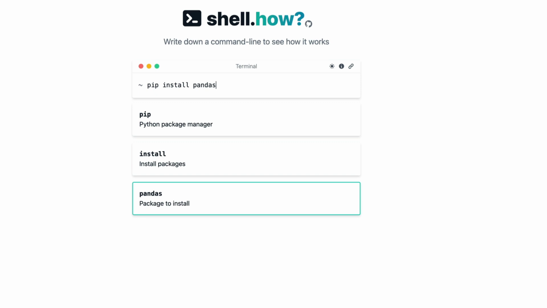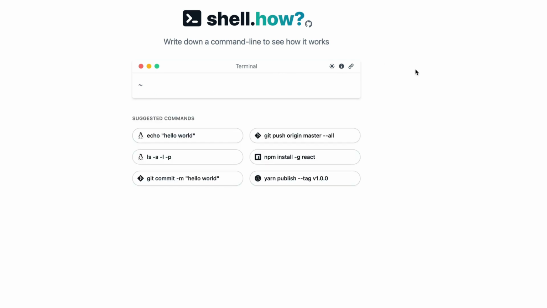I think the developer has a really good product roadmap of all the things that he wants to add, so we can see those things. But if you see right now, it is very usable, whether you are a university student, a college student, a new programmer, or an experienced programmer who just copy pastes stuff from Stack Overflow like all of us do. If you want to add one extra step, all you have to do is go to shell.how and then copy paste.